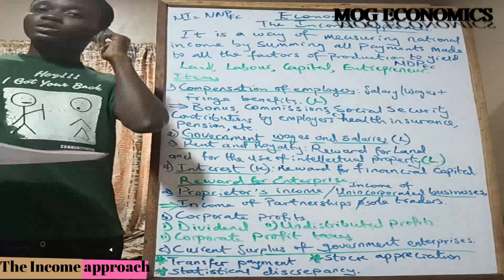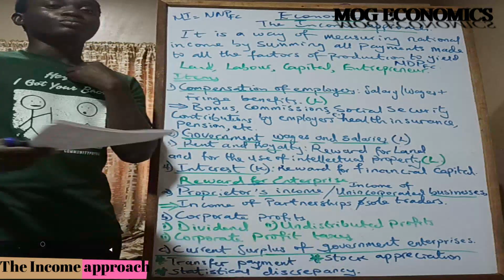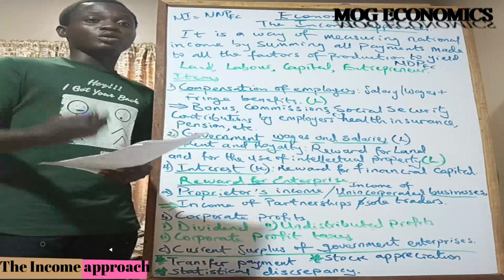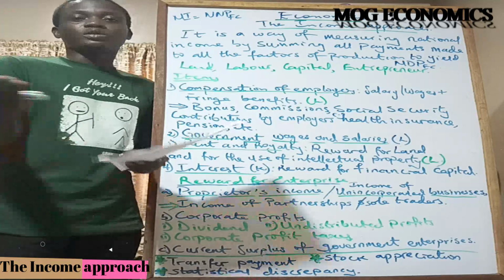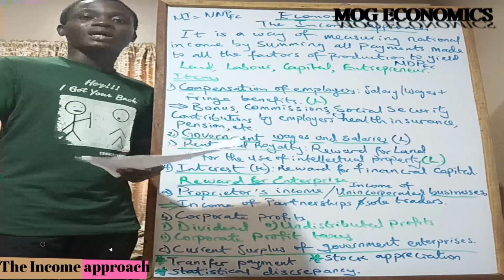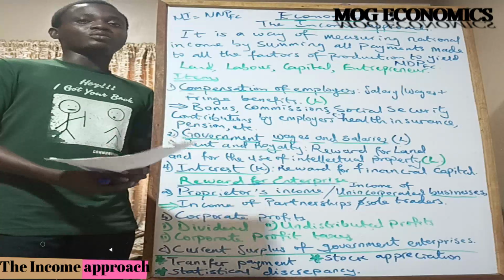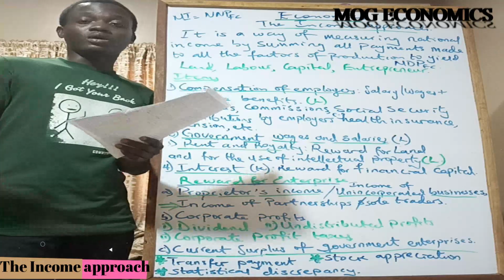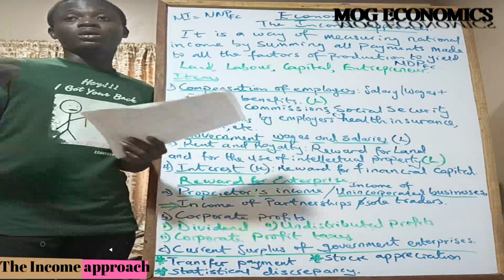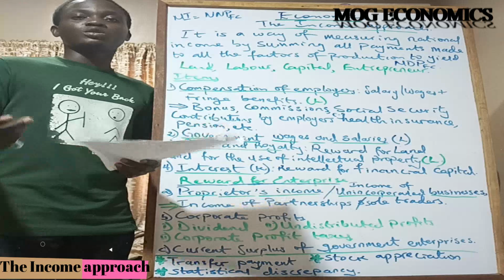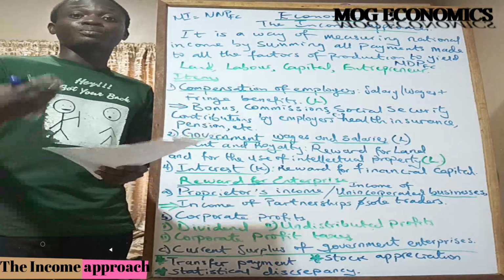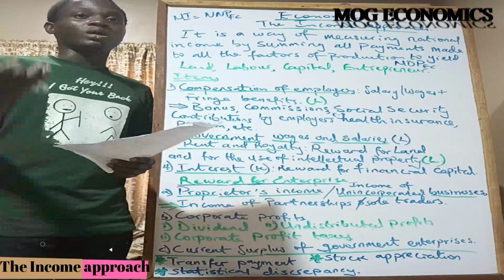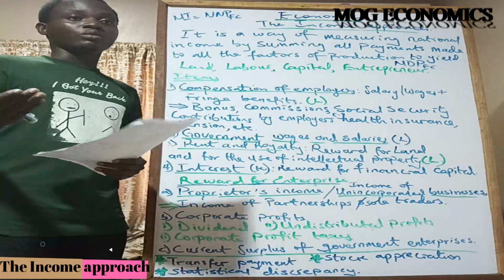So the income approach is about how to measure national income by summing up the rewards to all the factors of production. That brings us to the question: what are the four factors of production again? Factors of production are basically the categories of items or resources that are used up in production, that are put into productive activities. So we have land, we have labor, we have capital, and then we have enterprise,